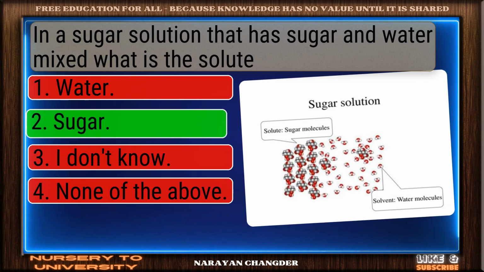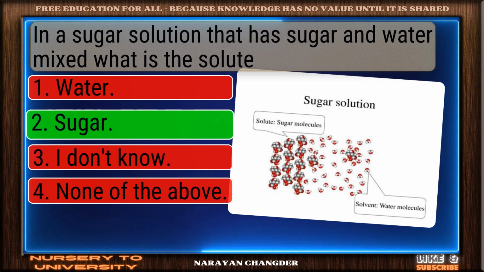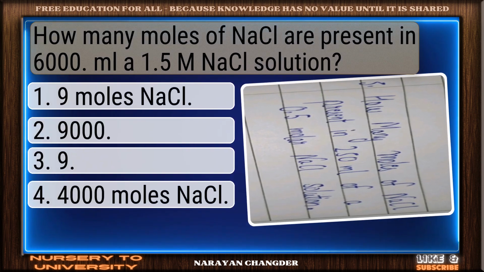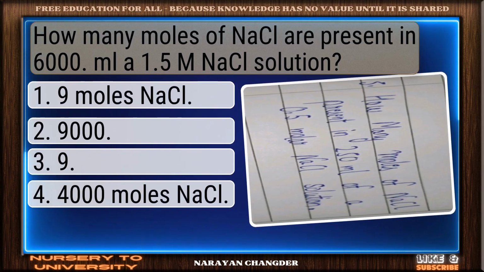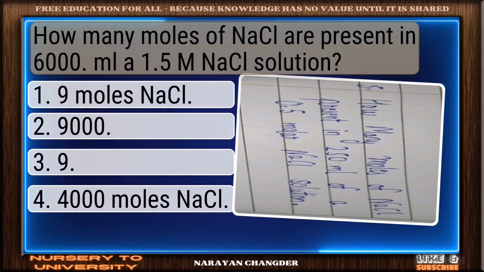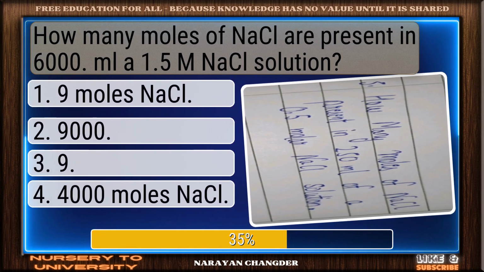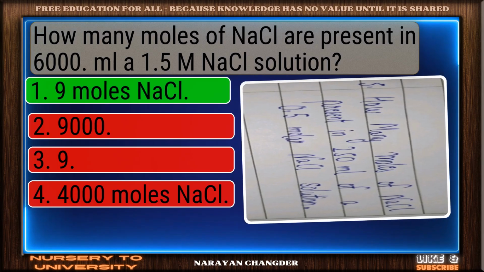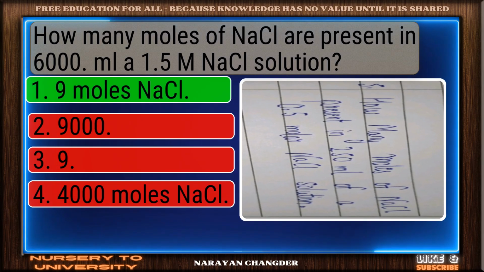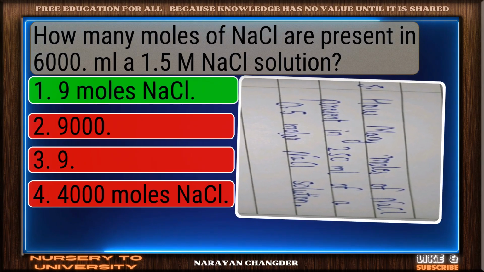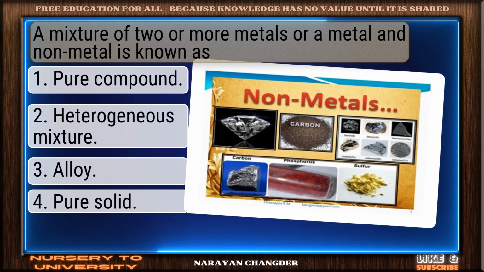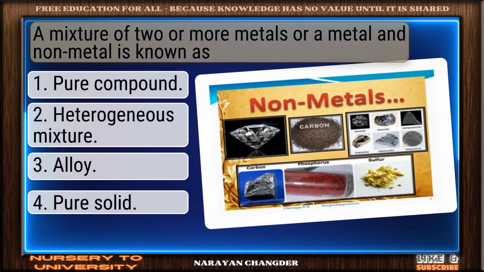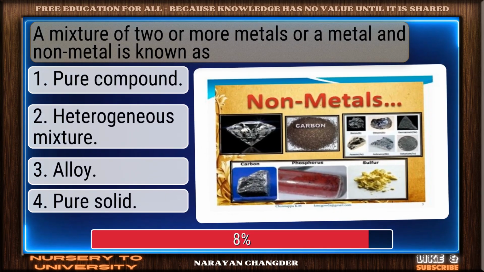Good job. Your answer, sugar, works well here. Question number 103. How many moles of NaCl are present in 6,000 ml of a 1.5 M NaCl solution? On track. 9 moles NaCl is the correct answer. Question number 104. A mixture of two or more metals, or a metal and non-metal, is known as